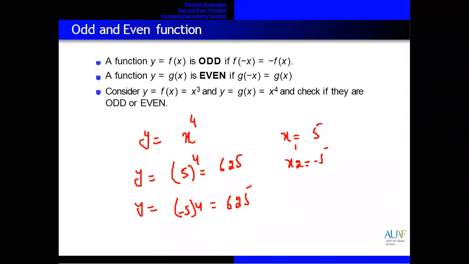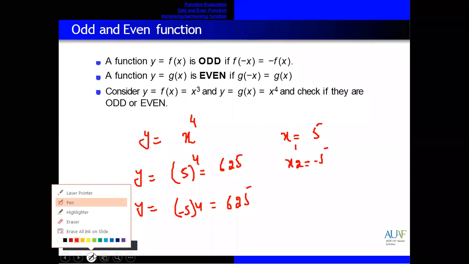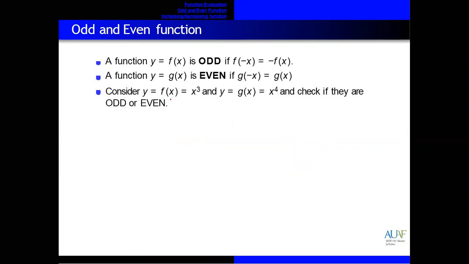This was an even function. Plus value and minus value give you the same result. Now odd function. An odd function is the same but with a different sign. One will give you plus 10, second will give you minus 10. Like if we have a function y is equal to f of x, or f of x is equal to x cube. So if we select two numbers, x1 is, let's suppose, 3, and x2 is equal to minus 3. So these will not be equal, these will be equal with a different sign.